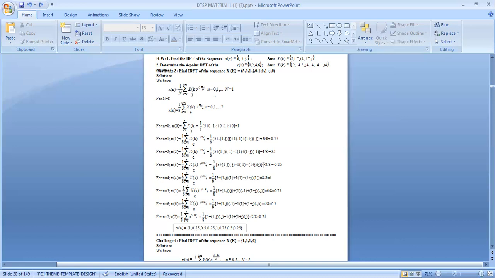So similarly, you do the thing what we have seen over on DFT. That is, we'll be expanding cos pi by 2 minus j sin pi by 2, cos pi by 4 minus j sin pi by 4, cos pi minus j sin pi, 2 pi, 3 pi. So all the values you can get from your calculator. But after expanding this, what we are getting over here, the first term will be 5.